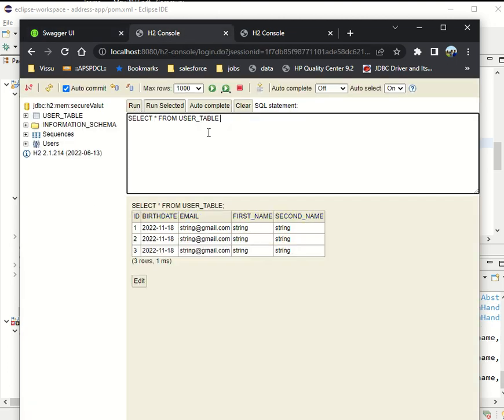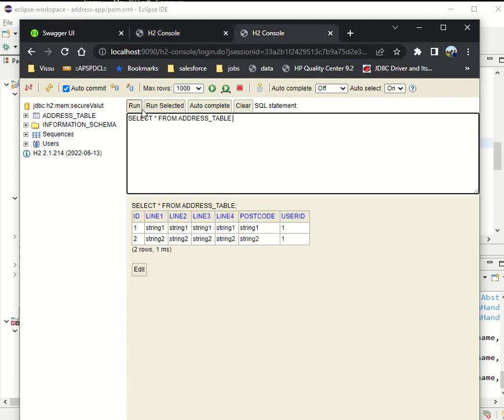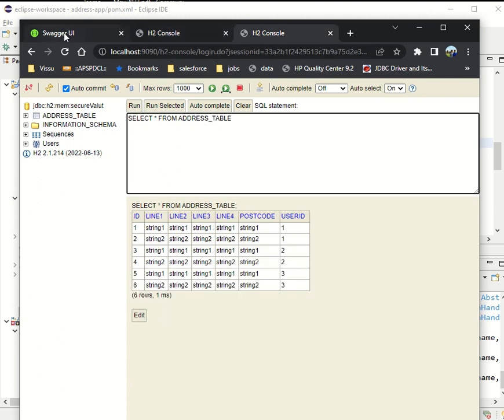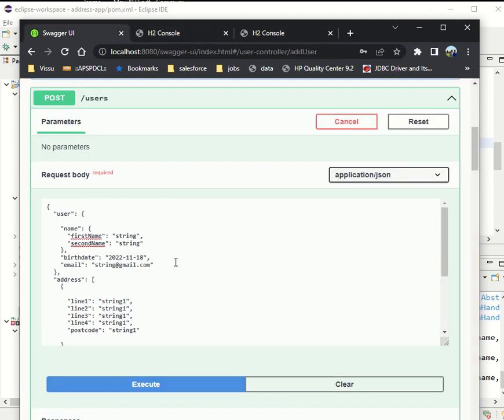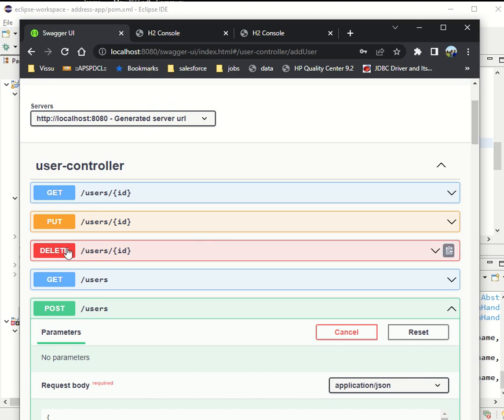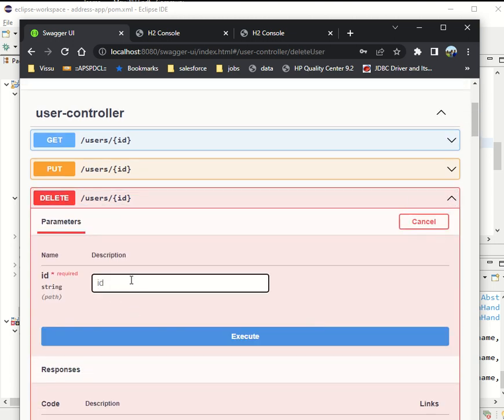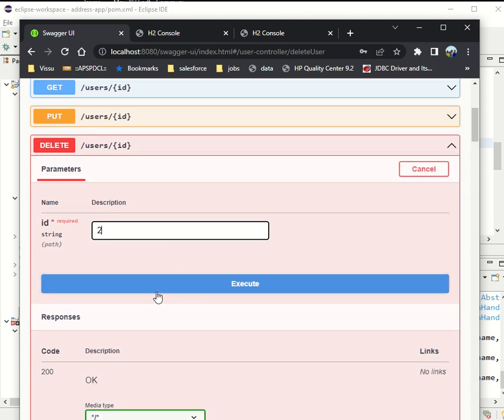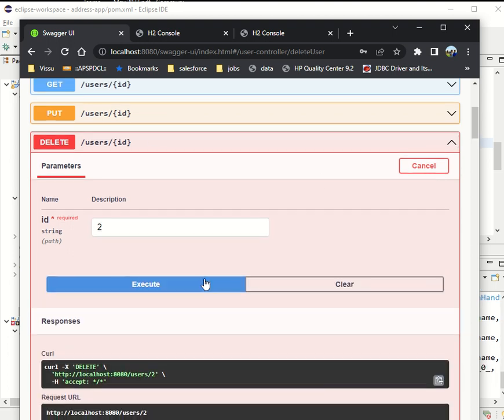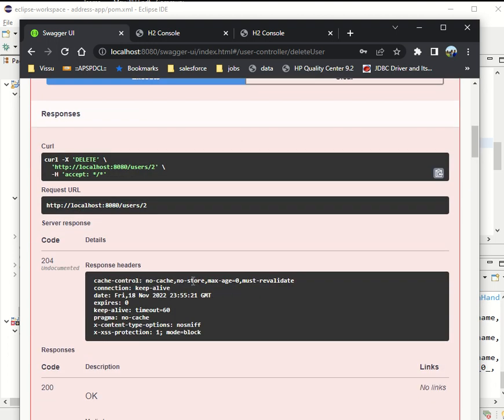Thrice I have created. If I run the query, three records are present. Over here, I should get six records, which is right. And if I'm going back over here, because I'm going to delete, I'm going to say delete my second record. If I say delete, by the looks of it, this delete is in red. I was thinking something is not working as required. Over here, it just says that